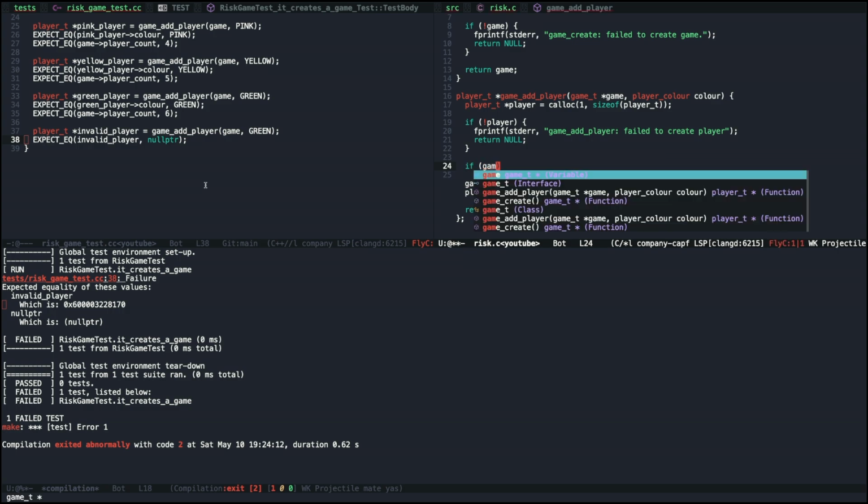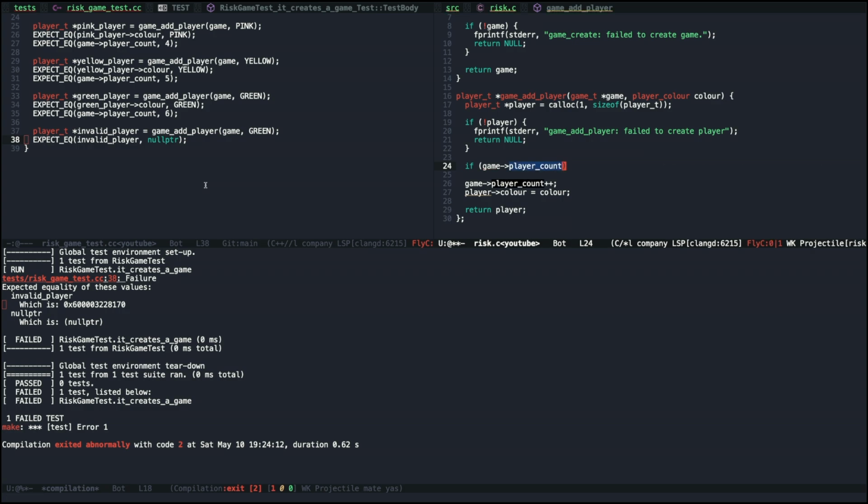If game dot player count is, so that's going to be 6, is greater or equal to max player, then we should print an error, game player, max number of players reached,